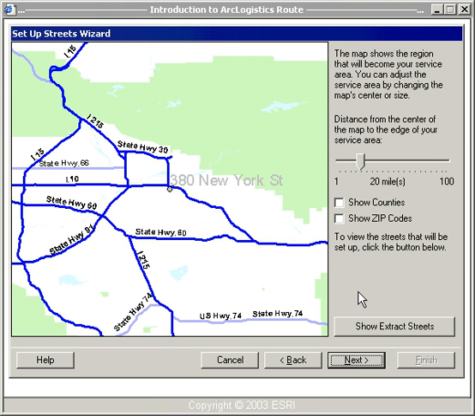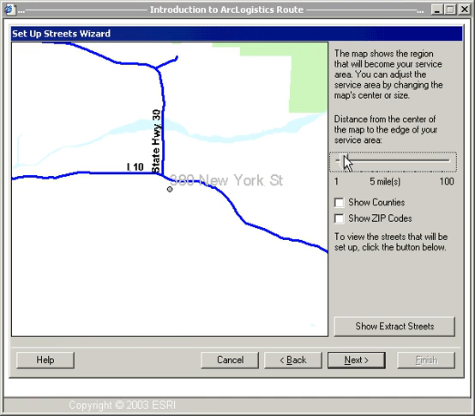The default is a 20-mile radius. Most people will actually use a much larger radius towards the 100-mile end. I'm going to decrease this for the purpose of the demonstration down to 5 miles so we can speed up the extraction process. I select Next,